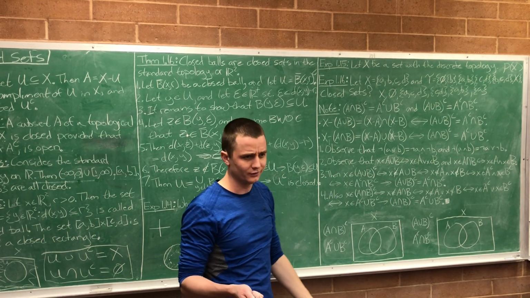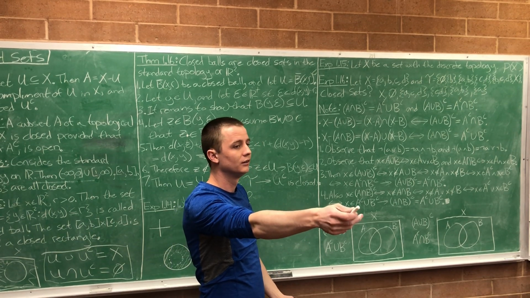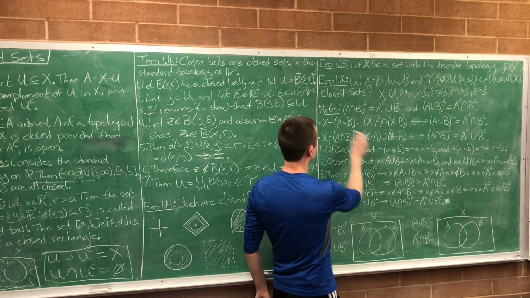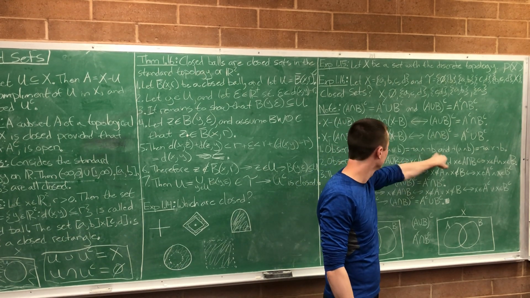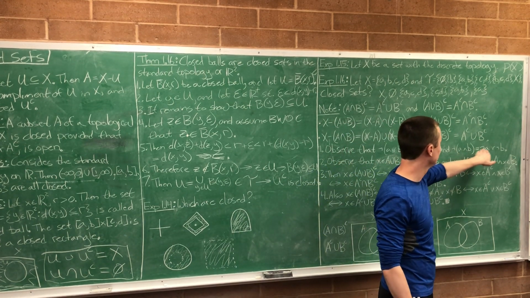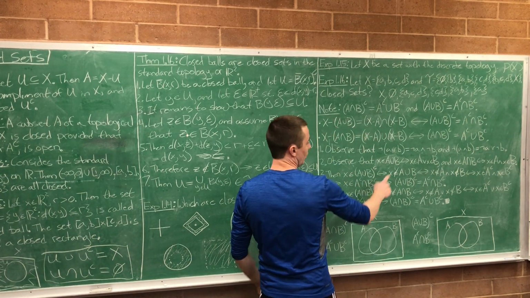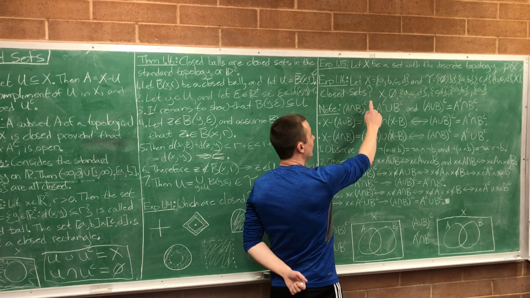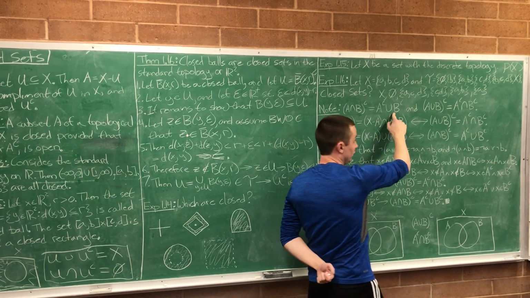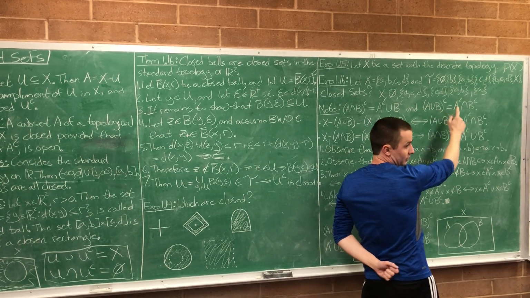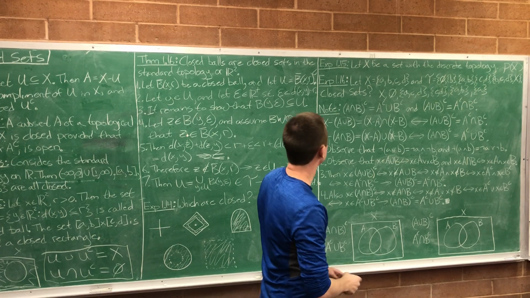Do you guys remember what De Morgan's is in general? I think so. It's just like the opposite. No, it's this. Not (A or B) is not A and not B. And not (A and B) is not A or not B. Yeah, that's De Morgan's. And so you can see how using De Morgan's here is the exact same thing. If it's not A and B, then it's not A or not B. Similarly, if it's not A or B, then it's not A and not B. Same exact thinking.